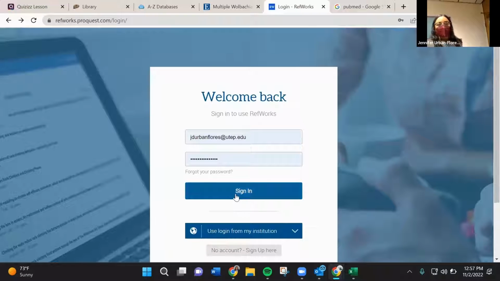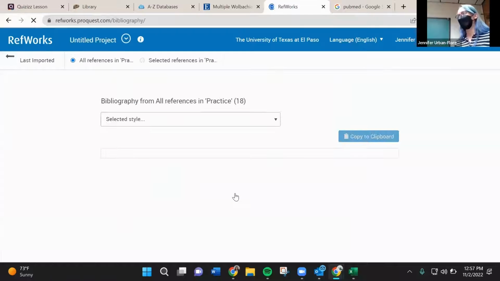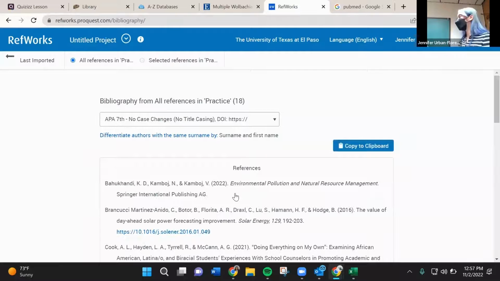So yeah, that's a very quick rundown on what RefWorks can do for you. We are talking about possibly hosting another workshop on RefWorks, just because we've been getting so many questions about it. And that's great because it's a resource you're already paying for. Yeah. It's kind of like having a gym membership and not using it. So you might as well get to use it.